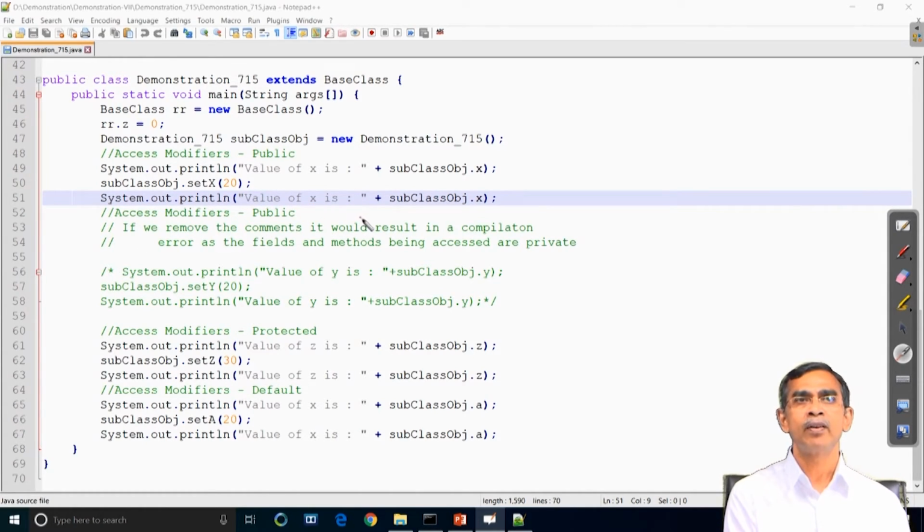However, there will be an error if we remove the comments in the following lines. For example, System.out.println value of y is subclass object y. Here y is private, and private members cannot be accessed by any subclass object. So, that cannot be accessed here. If we remove this comment, it will give an error. In that case, subclass object setY is also not a privileged method for this class, and we cannot access it here. Then so far as protected is concerned,